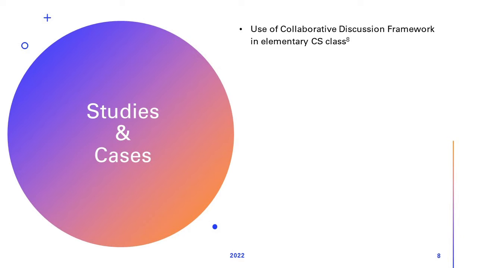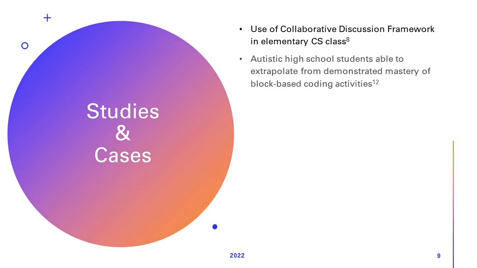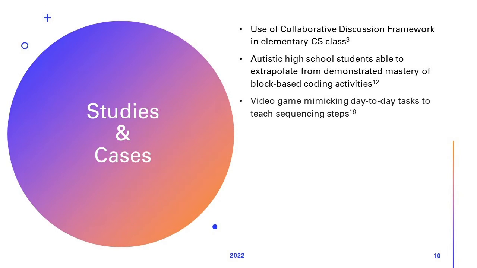did not prove beneficial. In another study, 3 autistic high school students with comorbid diagnoses were able to generalize from explicit instruction and program a robot using block-based coding in ways they had not been taught. They also reported a great deal of enjoyment and satisfaction with their learning experience. An Egyptian study attempted to teach programmatic sequencing via a video game that mimicked daily activities. While the students reported enjoyment and progressed to the final level, it is unclear if this translated into understanding sequential